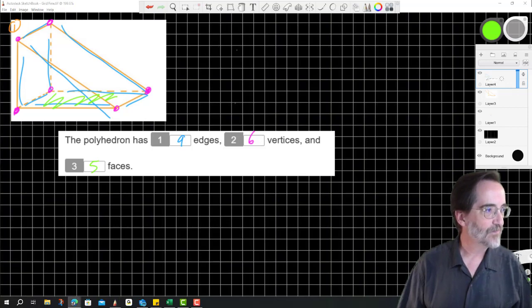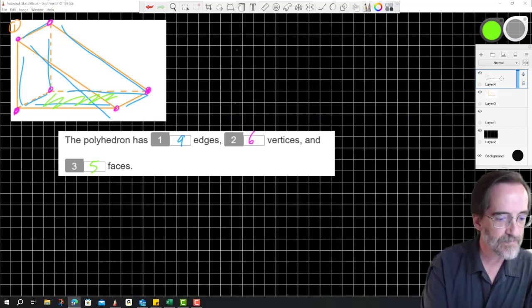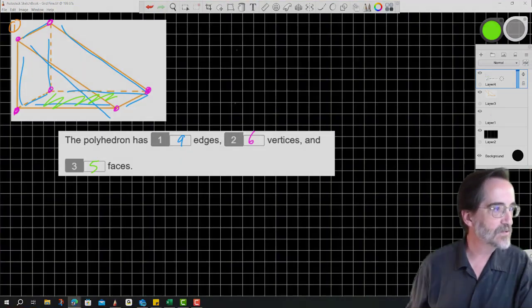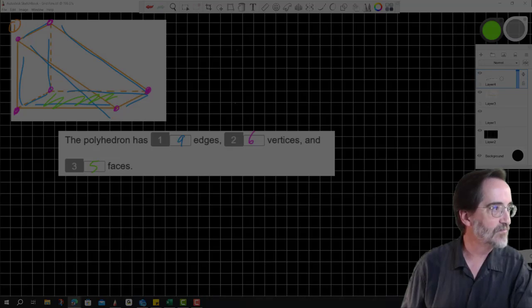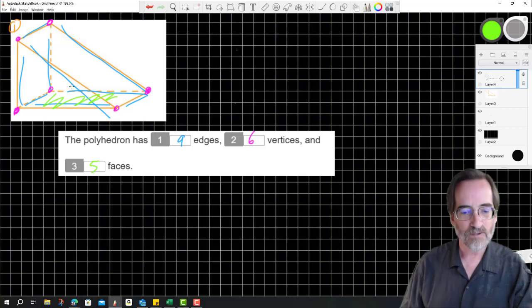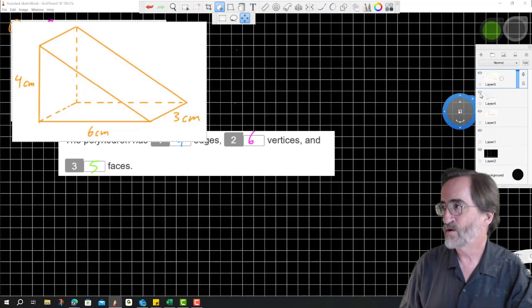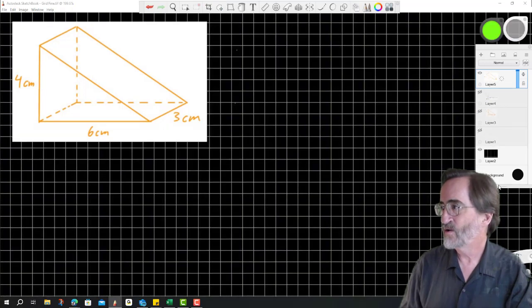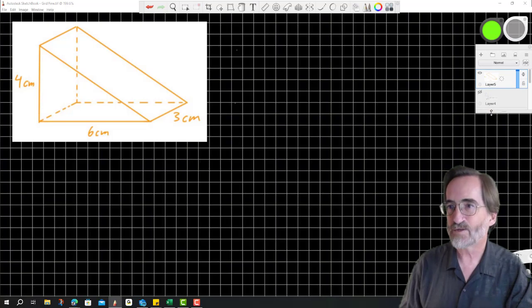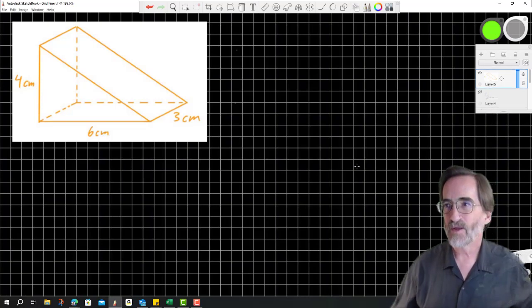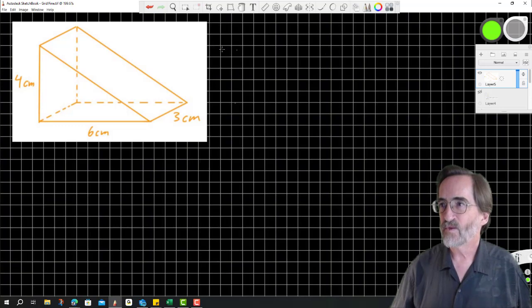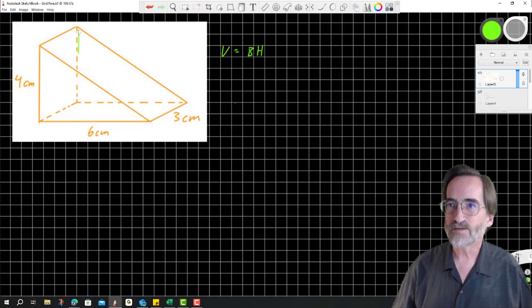Question number 2. Let's copy the question here. It's asking for the volume and surface area of this polyhedron. We take the same shape we were given just now, and we are given dimensions on the polyhedron. Volume and surface area. The volume can be thought of as the area of the base times the height. The base is this triangular shape,